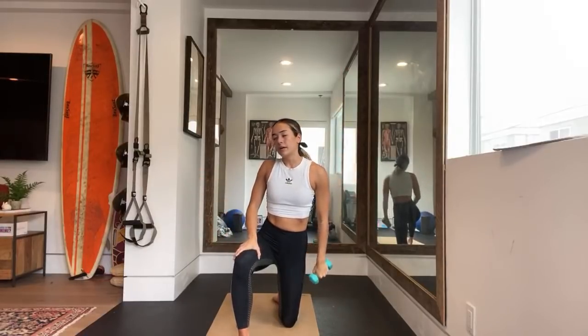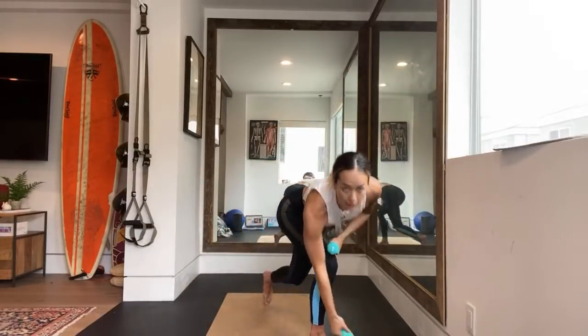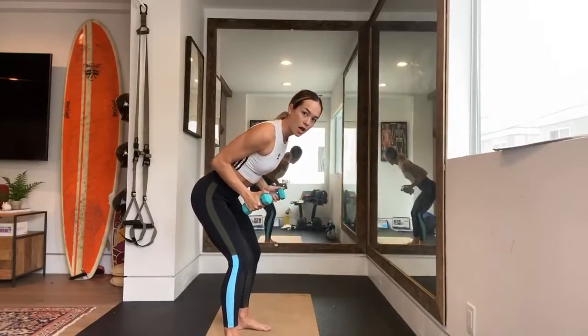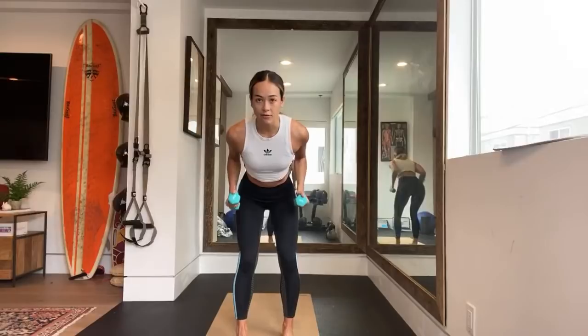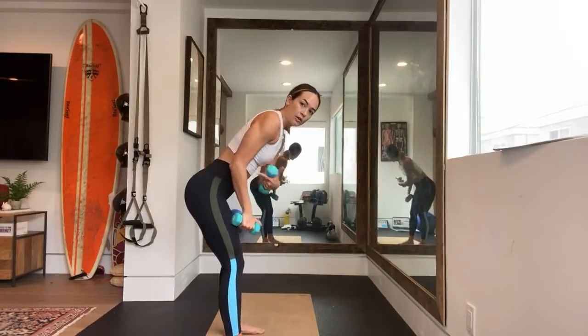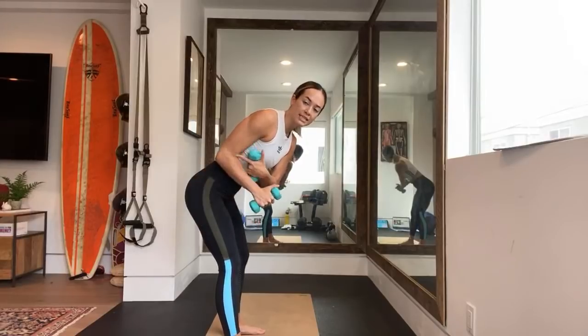Three, two, one. Rest. Nice job. Okay, bent over row with a tricep extension. So we're bent over, we're rowing back, elbows are staying tucked, and then from there, we're going to tricep extension. Three, two, one. Exercise 5. Remember, your elbow joint is a hinge, so